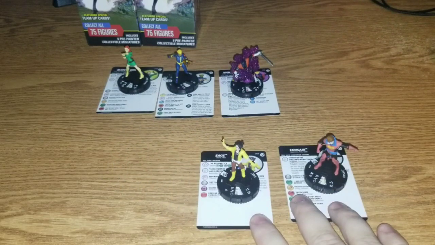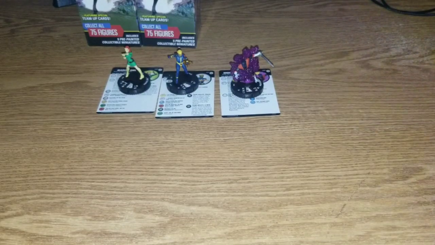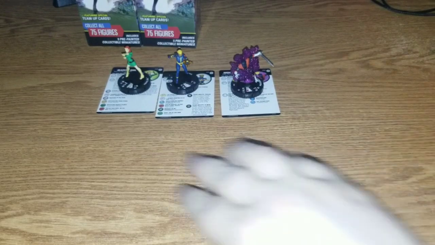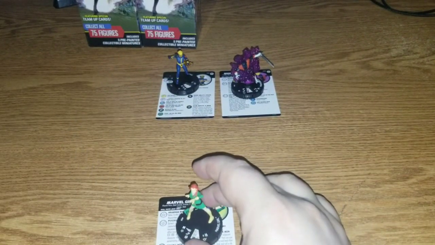We've got a couple duplicates. We have Sage and Corsair again. So we'll slide them off. We had 2 Krakoan revivals in this set. So apparently if you get 2 characters you can use it, you get 2 cards in the same pack. So we're going to end up with a lot of those, I think. Let's take a look here at...